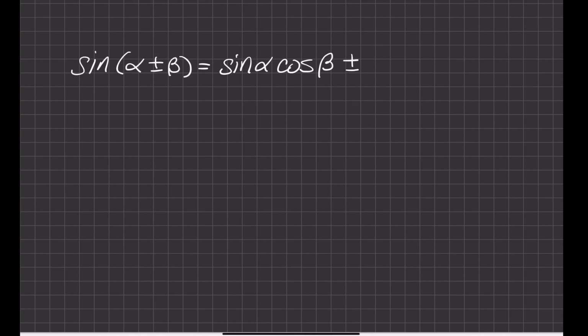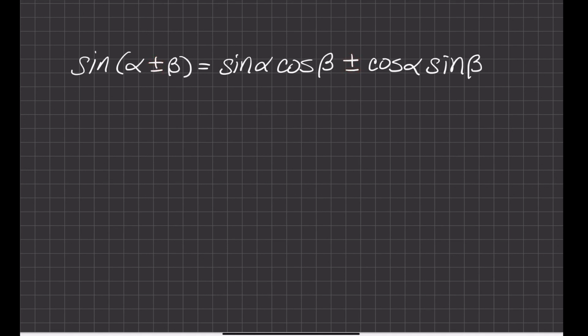Sine of the first times cosine of the second, plus or minus the cosine of the first times the sine of the second. And when you see this plus minus in your textbook, they're basically just trying to write 6 different identities as 3 because they're so closely related. The fact that we have a plus over a minus, and on the right-hand side of the equation we have that plus or minus in the same order, means that the sine of 2 angles being added together is